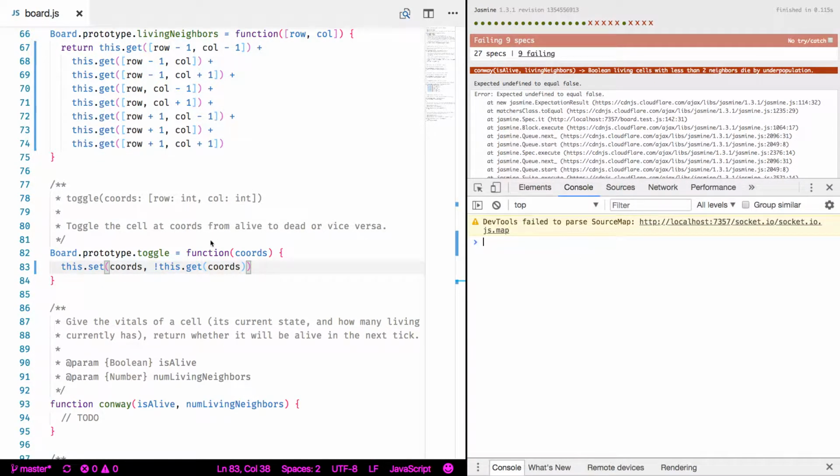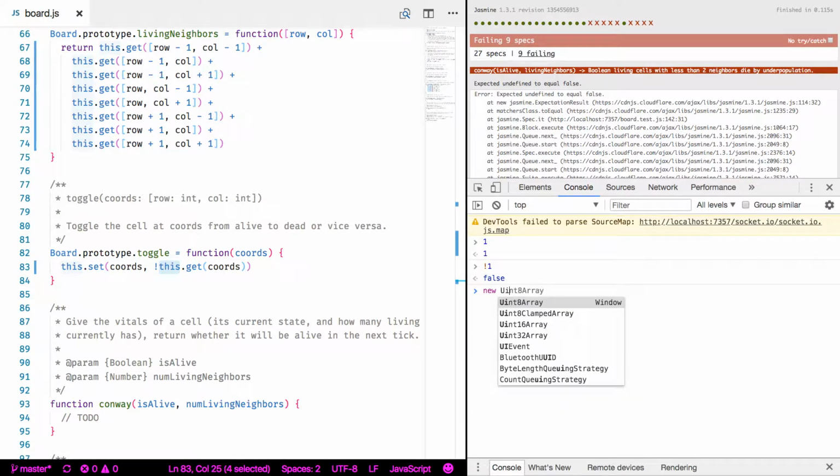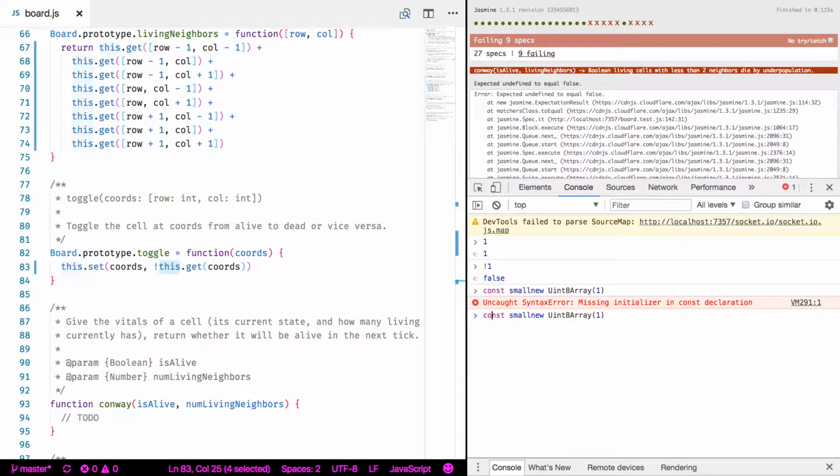So when we call get on the board, we're gonna get a number back, so it'll be like 1 if the cell is alive. Not 1 is false, and if we set a small board, oops, and if we set